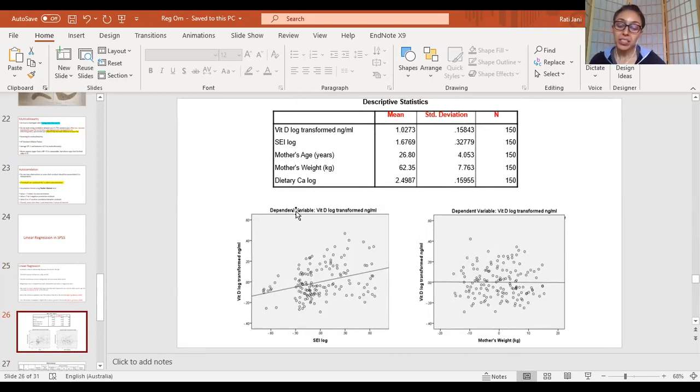And when I did an analysis with log transform and original data, it actually had an impact. It was considerably influencing the finding. So I used log transformed vitamin D. This was in connection with the SCI, meaning socioeconomic indices. So what it said was that the richer the individual, the higher their blood vitamin D levels. So it was a positive relation which was seen. And for mother's weight status and vitamin D, there was no significant relationship.